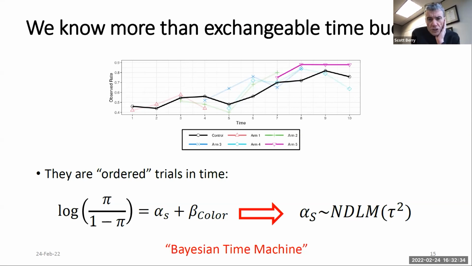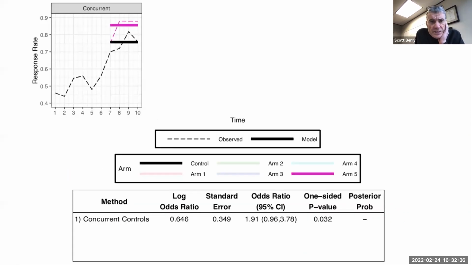So if we move forward, I'll show you a quick example of this. In this exact example, I'll compare 4 different approaches. The first, of course, is you can just model the concurrent controls, ignoring an incredible amount of data by just restricting to that. This shows an example, a frequentist logistic regression analysis of the concurrent controls.